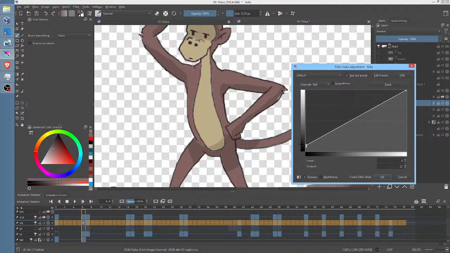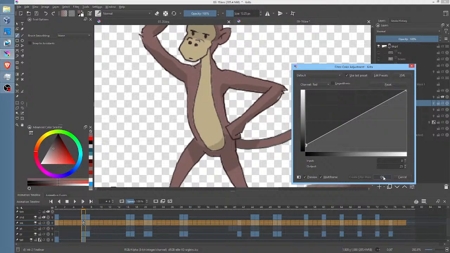So again, vis-a-vis my advice about layer styles, I am not going to create a filter mask because I know the color is going to be fine. And so I know I'm not going to need to change it. And if I did change it, I could do it the same way I'm doing it right now. I could just change it again. Instead, I'm going to do multi-frame, and what that means is any keyframes that are selected in the timeline will now have that applied to them.